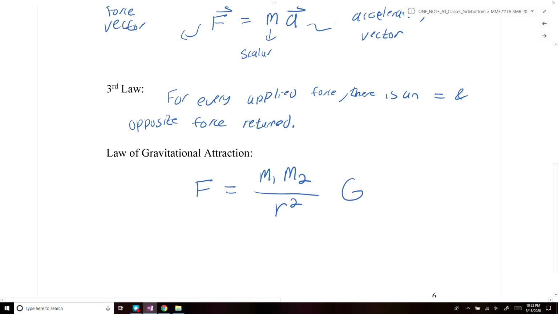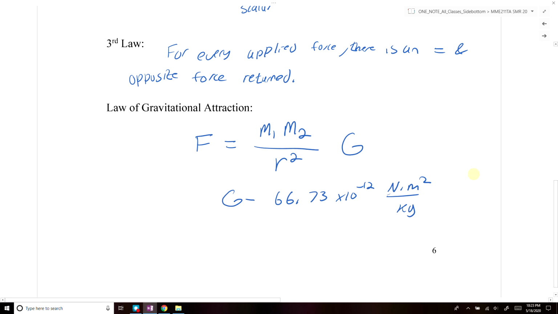G is a constant, equal to 66.73 times 10 to the minus 12 newtons per meter squared per kilogram. And r is the distance between particle centers, or mass 1 and mass 2's centers. Alright. So then,